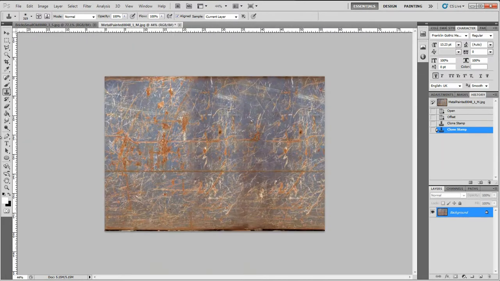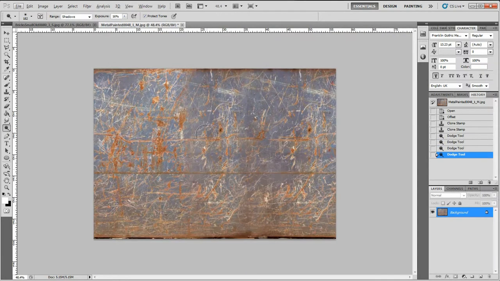So although you can also play around with the dodge and burn tool to make darker shadows brighter so that they don't look as repeated, that can take time, so we're not worried about that for now. But now we know our texture is tileable, so we're going to save that